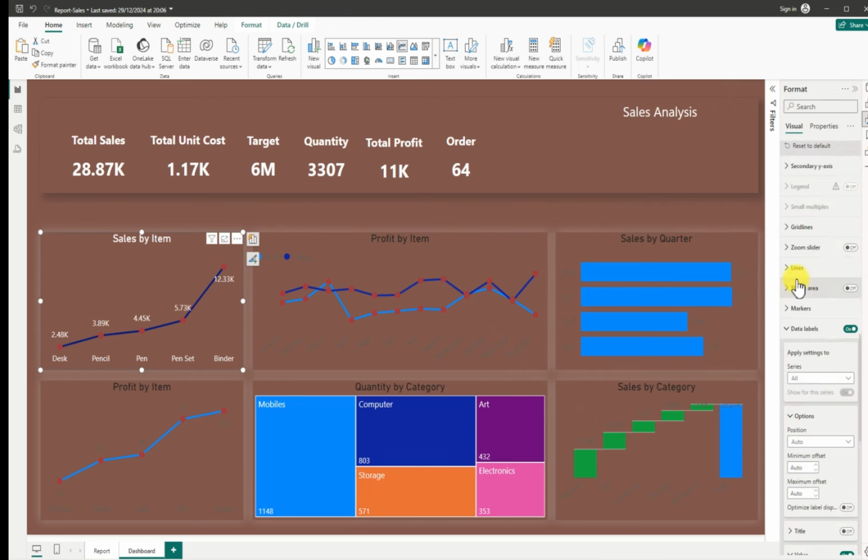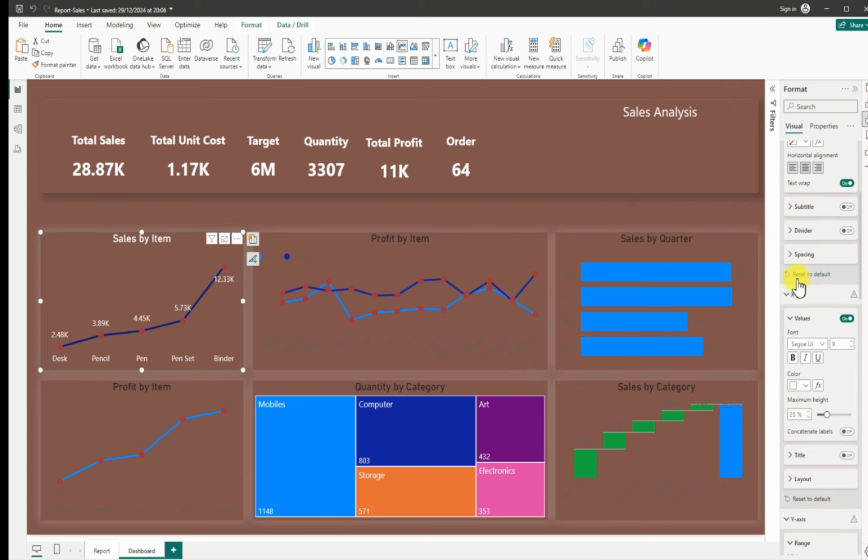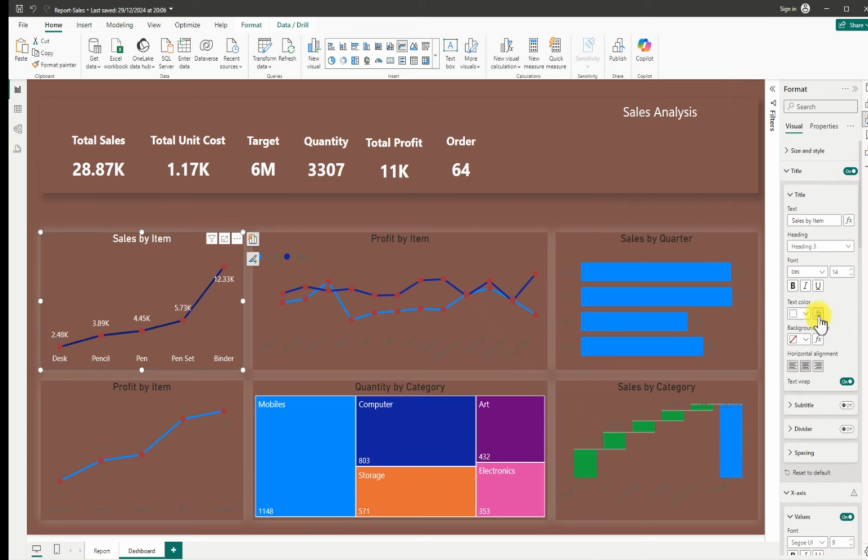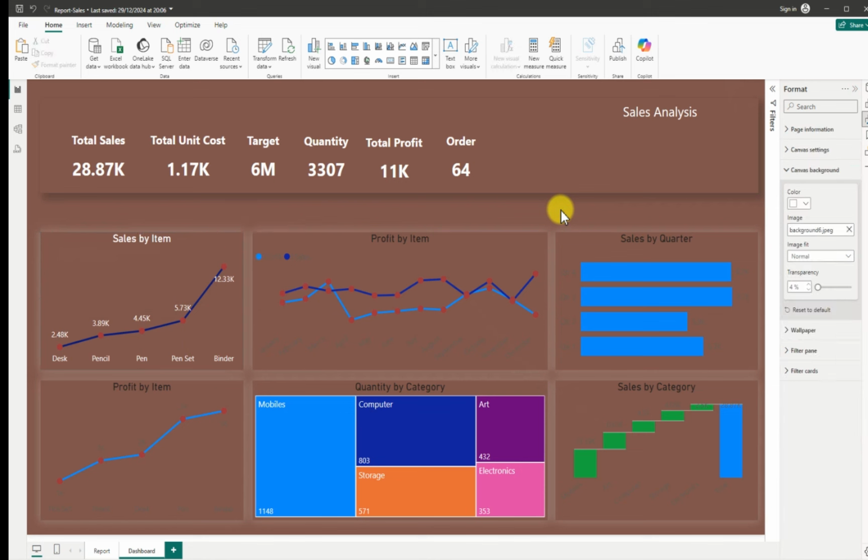Then we'll go to our title. Let's go back up. We're having our title up, I think. Where is the title? The title is white already. Then we have this. Do we have anything else to change here? I think everything is perfectly done. Let me click out and let me see. Yep,